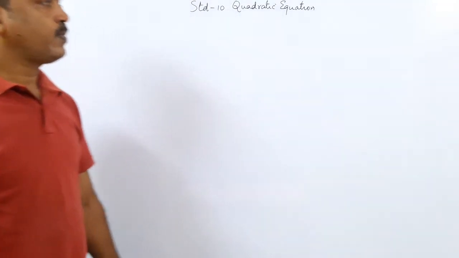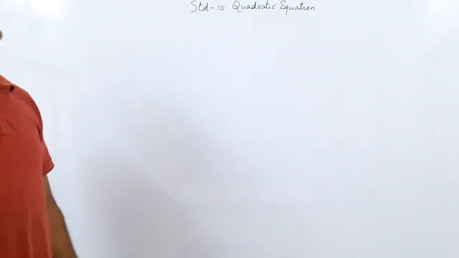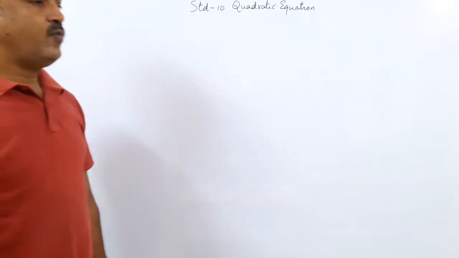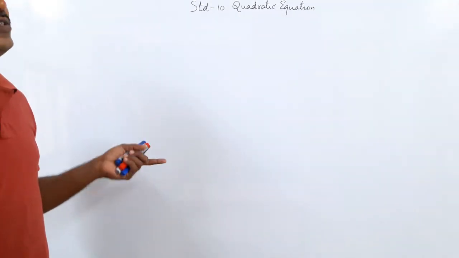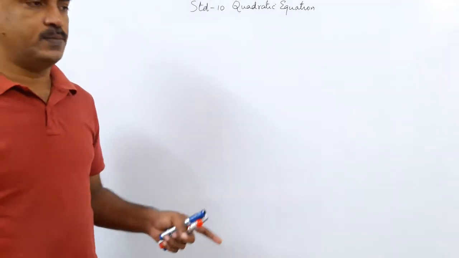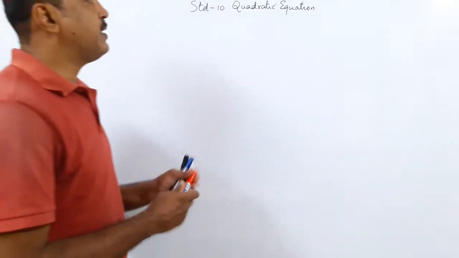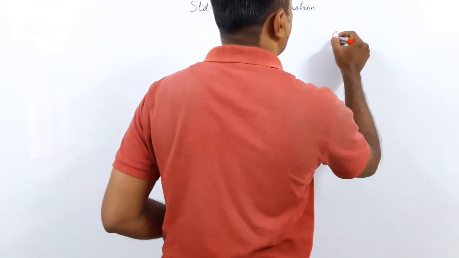Good morning, friends. So we are going to continue our topic on quadratic equation. Which methods have we done so far? We did the first method called the method of factorization or splitting the middle term. Yes? So first let me write down a quadratic equation is which form?